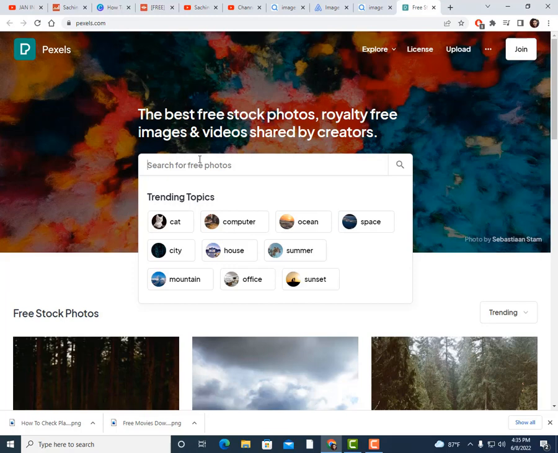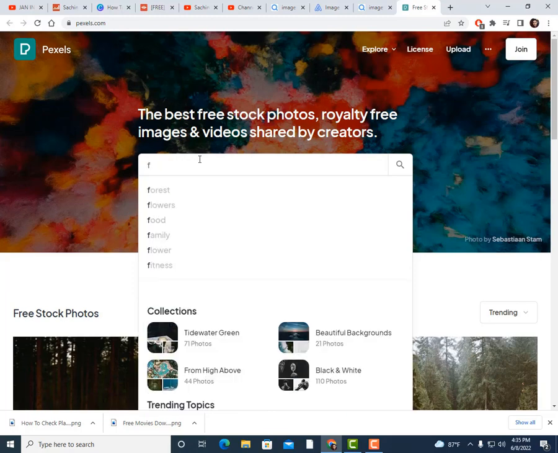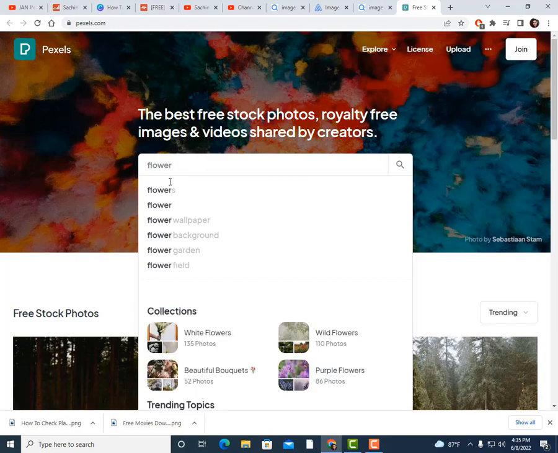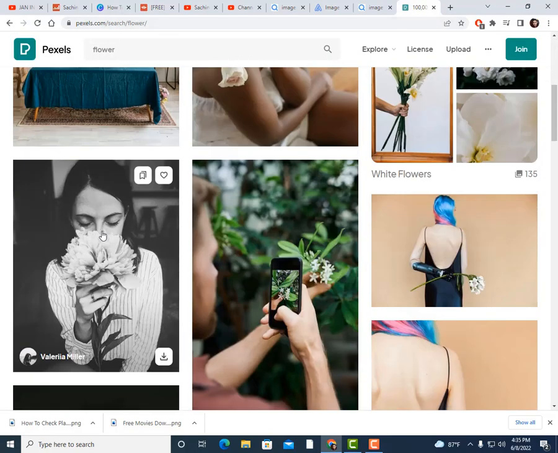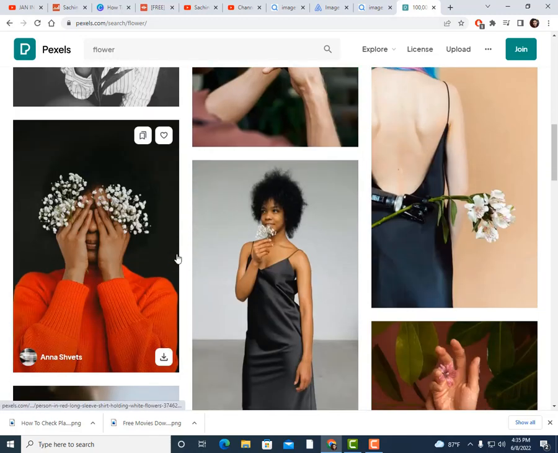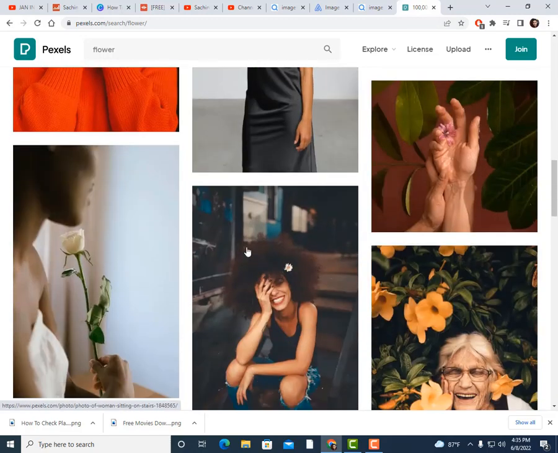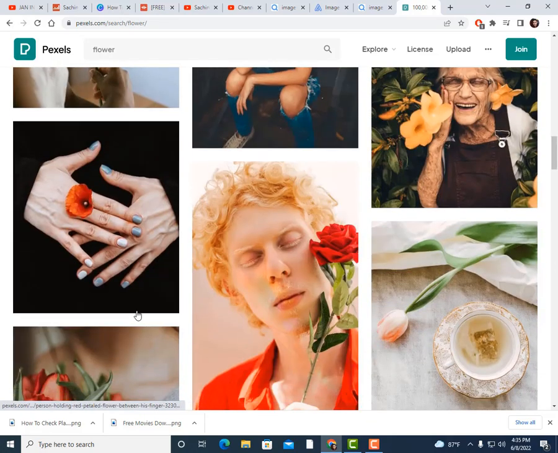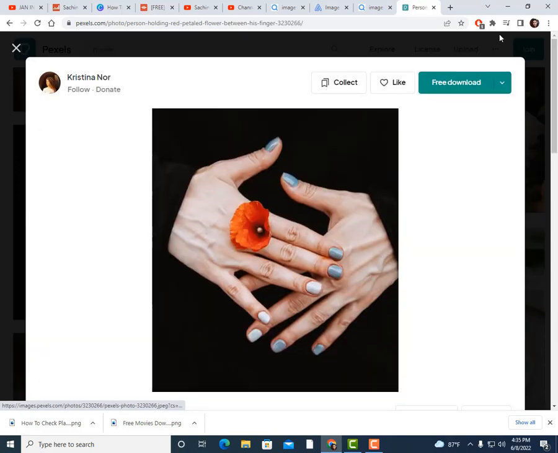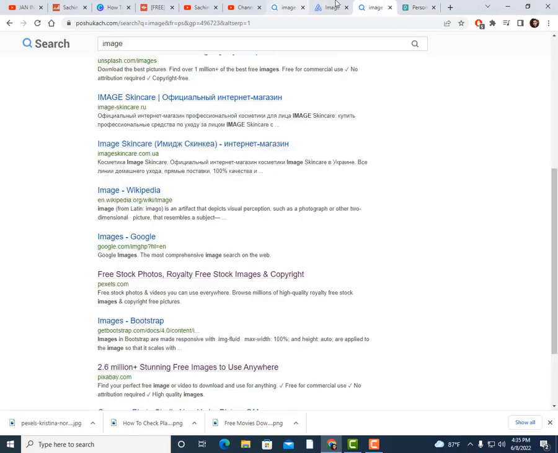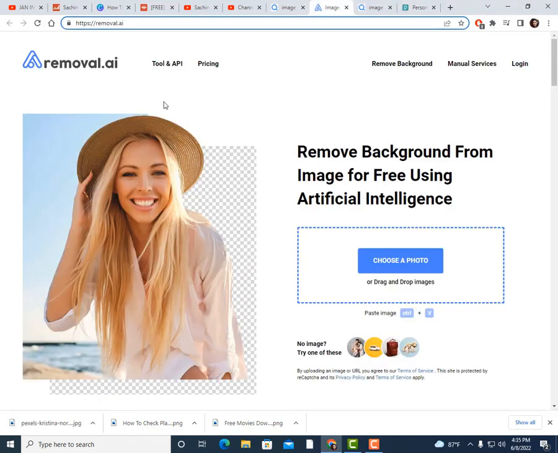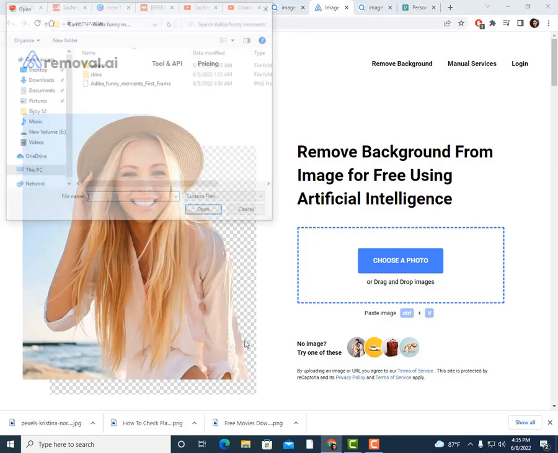Okay, so I will type flower image, flower. So I will download this picture. This picture I download here, download, and we can go to our main website removal.ai and choose photo, click here,